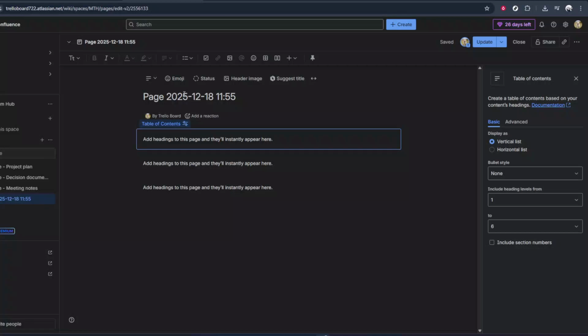In today's video, I'm going to teach you how to edit the Confluence table of contents. If you've ever worked on a long Confluence page, you know how important a clear table of contents can be. It helps your teammates quickly jump to the section they need, and it makes your documentation feel organized and professional. In this walkthrough, I'll show you how to access and edit the existing table of contents macro on a Confluence